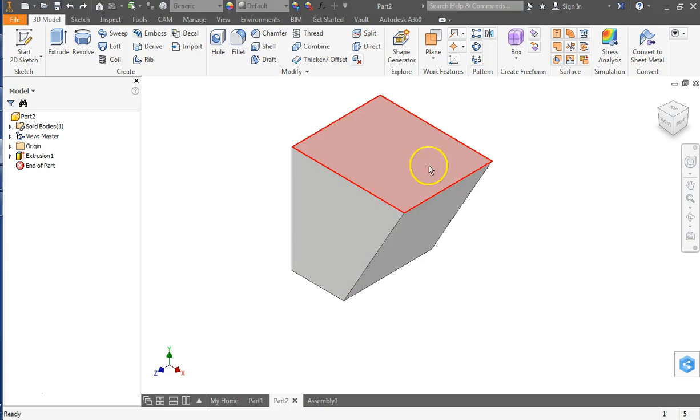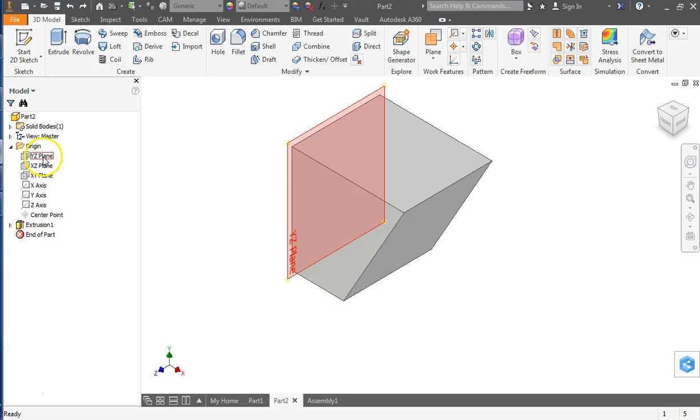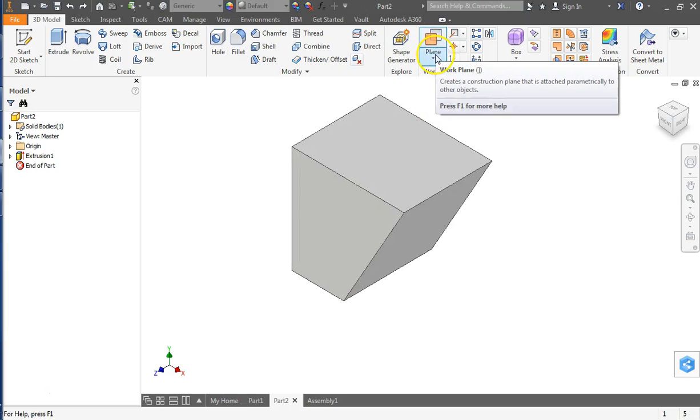Right now, I'm constrained to choosing between these surfaces, and maybe that's not where I want to be drawing in three-dimensional space. I do have a couple other options if I come back to the origin in my browser and expand it. I can figure out where the XY, YZ, XZ planes lie, but maybe those aren't planes that I want to draw on either. So I'm limited to the original three plus these, unless I use this drop down here